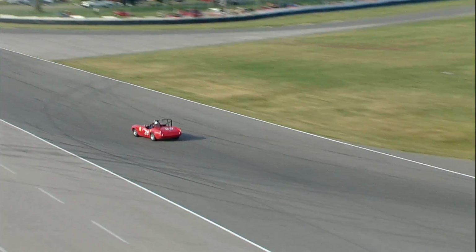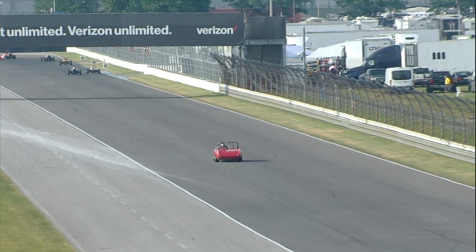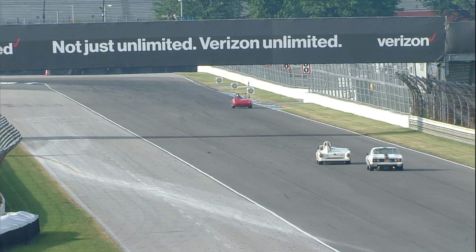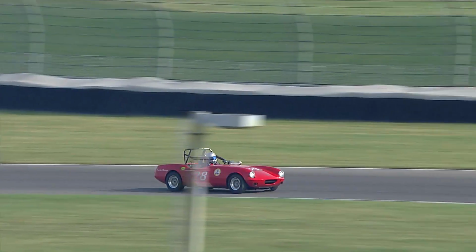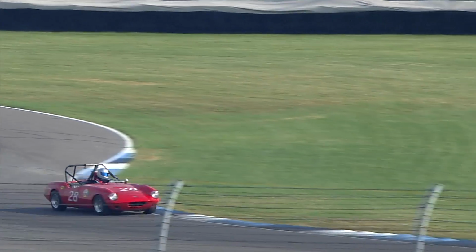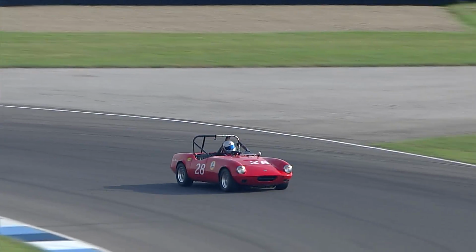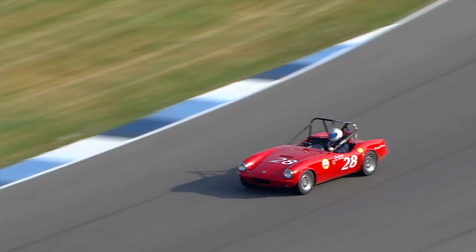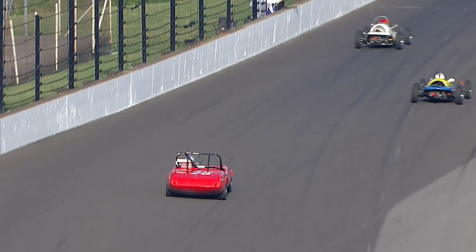Prather into 5, through 6, and down the back straight. He's got that Formula V field in sight now, and will be thinking, okay, I'm headed their direction. Where's going to be the best place to pass? Dan Fury, number 99, with the same idea. Where am I going to pick my spot to get by those Vs? Both of them hoping it happens on the front straight. Prather hoping it happens a little bit before that so he can put the Formula Vs between himself and the Thunderbird of Dan Fury. Going through the running order at the moment, the 28 of Prather, the 99 of Fury,